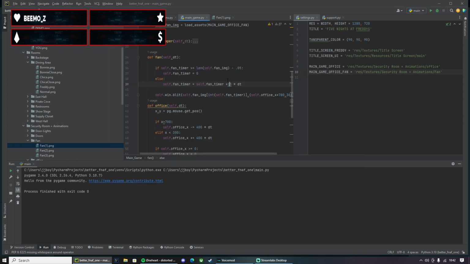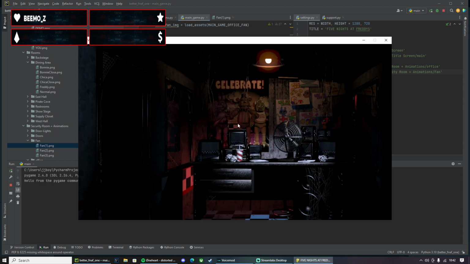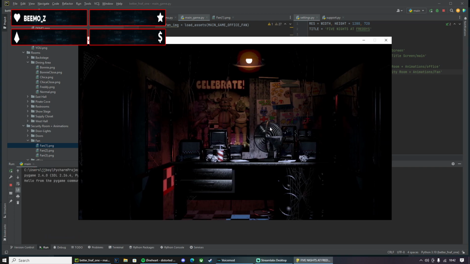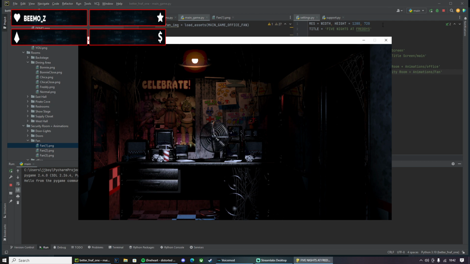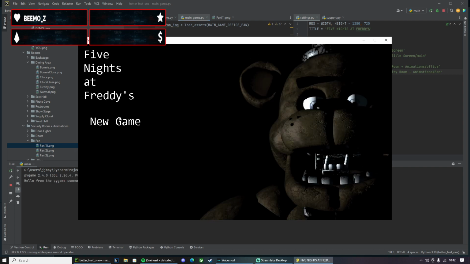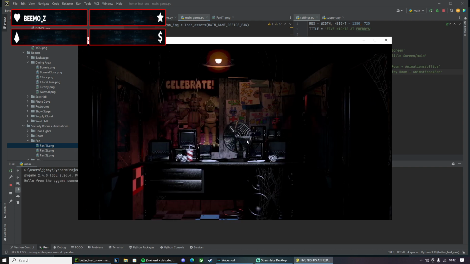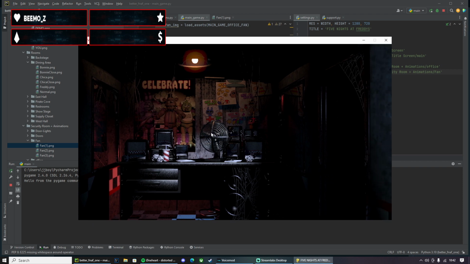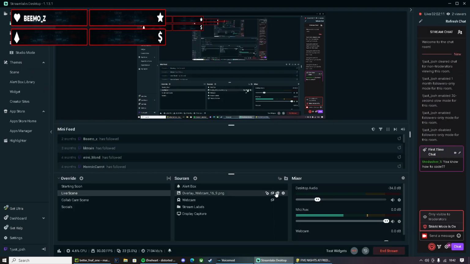How about if we turn this into 25, because I want it to look really fast. Bigger buffer. Let's just make it super fast. 40 times a second. Boom, that is really fast. It's good. Look, you see that? There we go, fan is moving, everything's working.